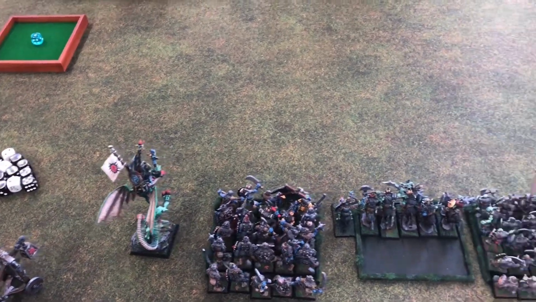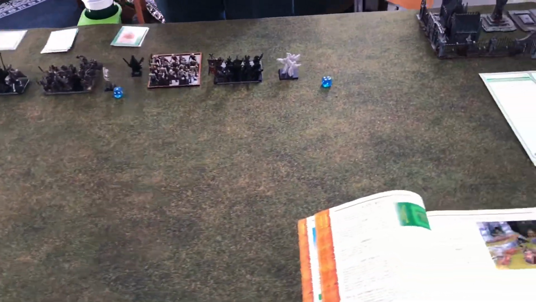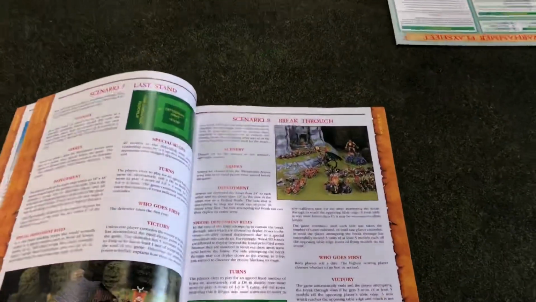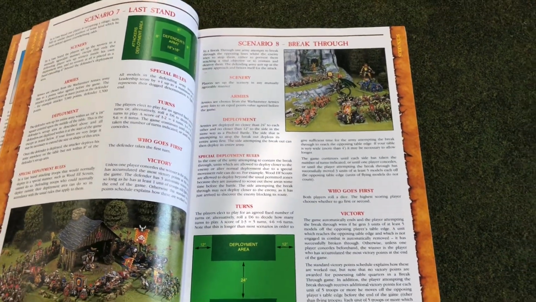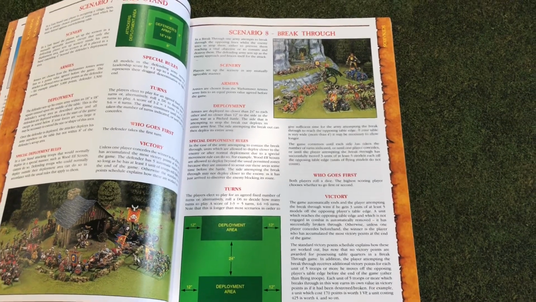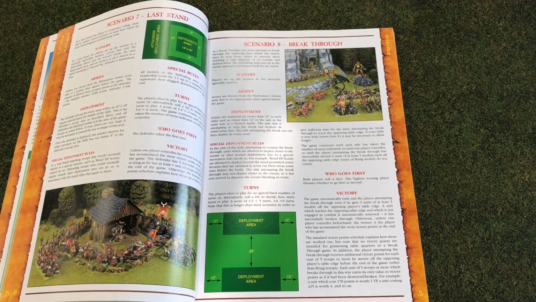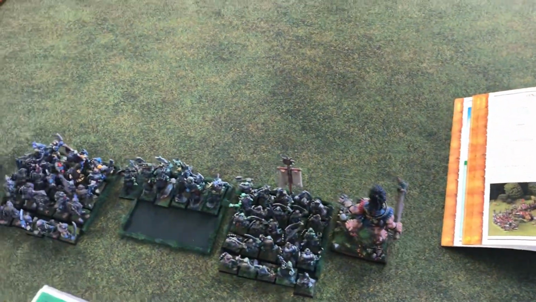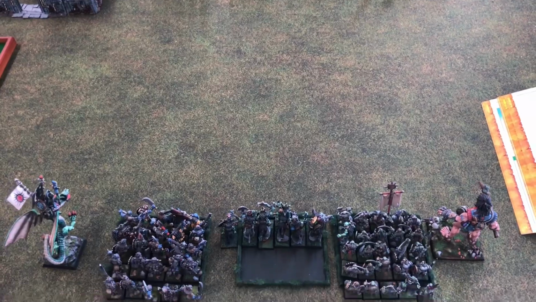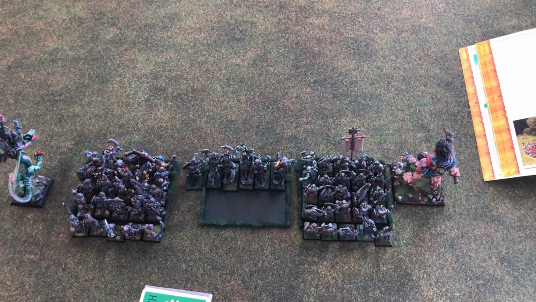No real big surprises there, so I'm going to try to punch my way through his lines and get 3 units off the board as we're playing the breakthrough scenario. That's scenario 8 in the battle book for 5th edition. So we rolled the dice to see how many turns. We rolled a 4, which gives us 6 turns for the game, and I have to get 3 units of at least 5 models or more off his table edge,